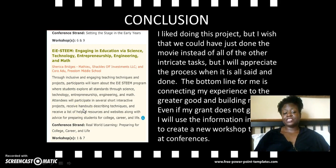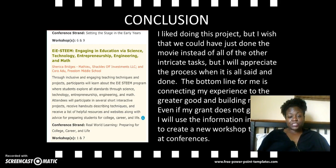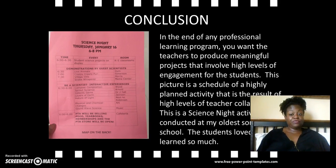To kind of make connections for the teachers, professional learning. Even if this doesn't work, the bottom line is combining and connecting experiences, building that bridge, creating new workshops based off of data. Don't let your data go to waste. I think that's the biggest lesson that you can learn from this project overall. So, like I said, don't think that if you don't get funded, your grant is in waste,